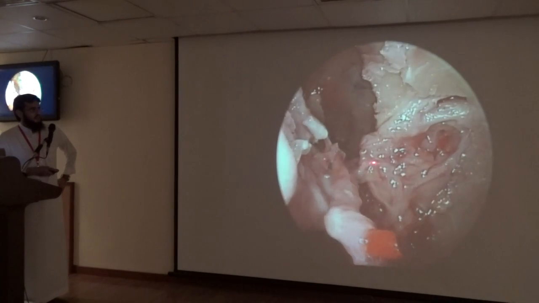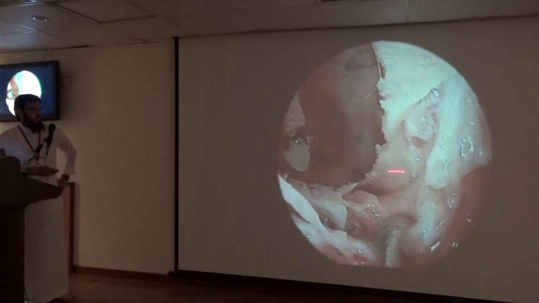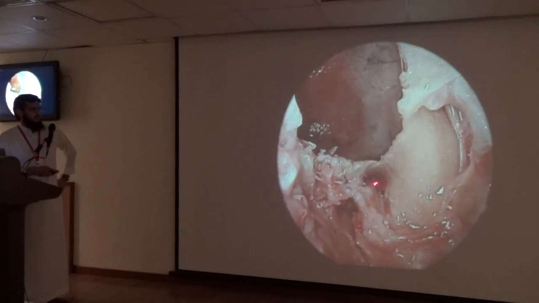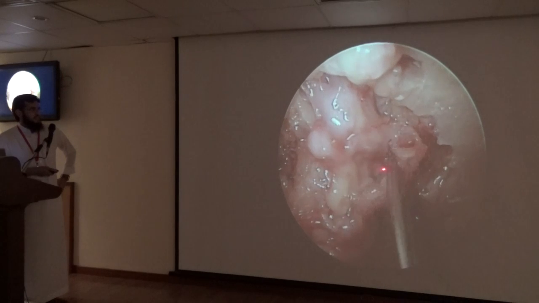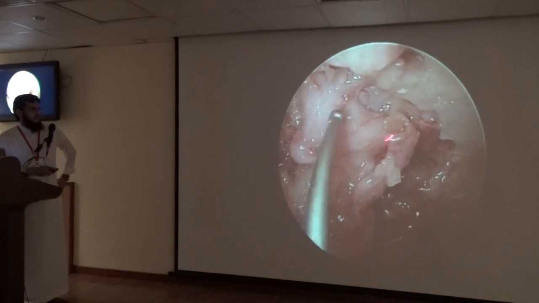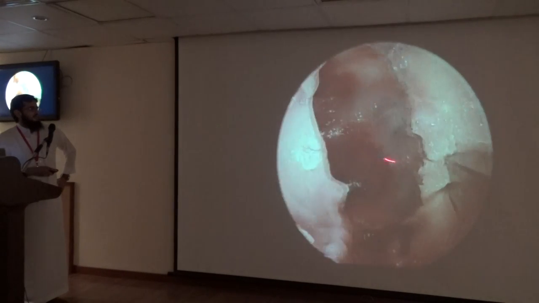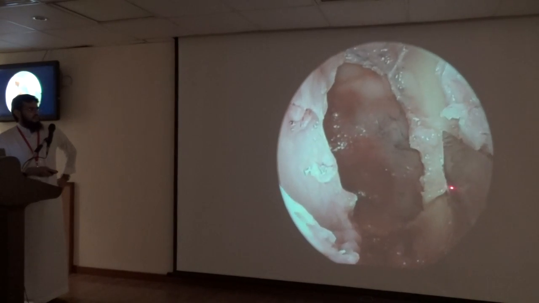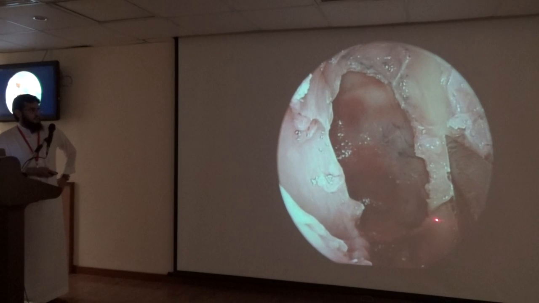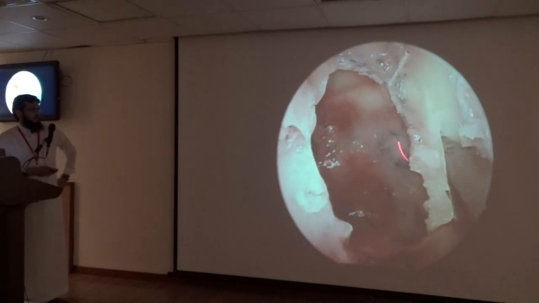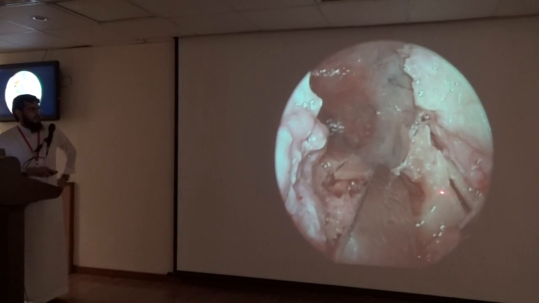In the fossa rather than in this area because it might branch before. This is the vidian nerve, as we can see, and when we dissect, we can see the nerve, the ganglion. This is the ganglion, and again the vidian. When we remove the sphenoid process of the palatine bone and superiorly part of the sphenoid bone, we will go